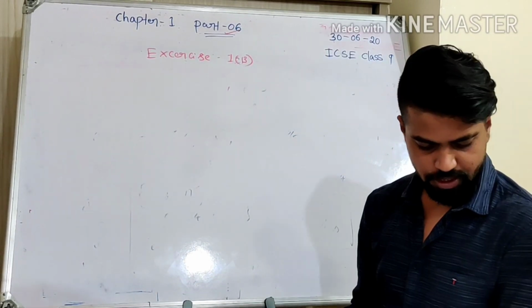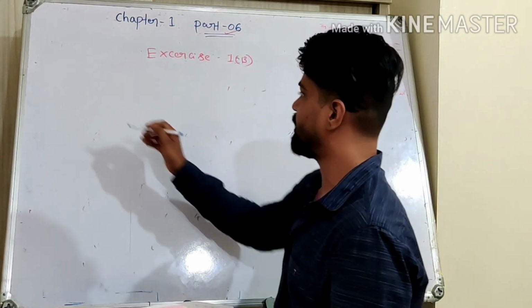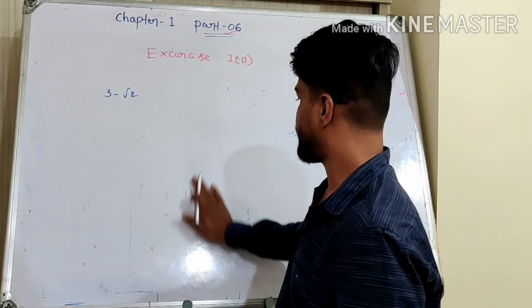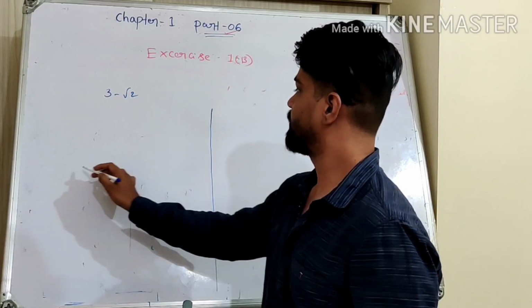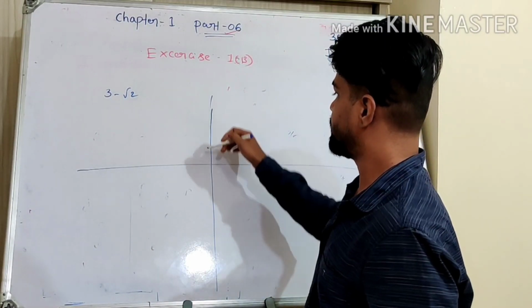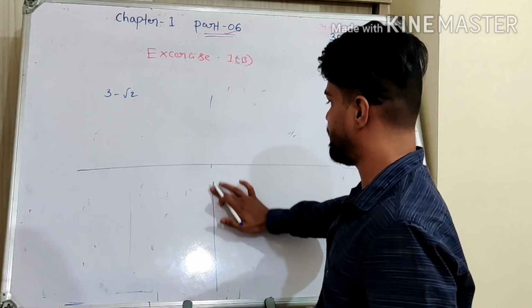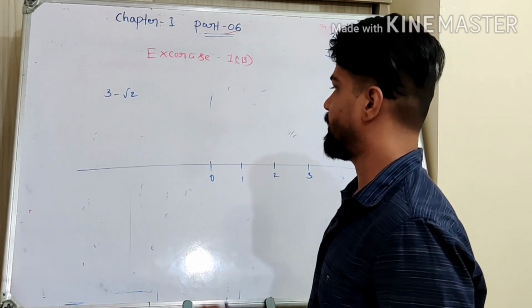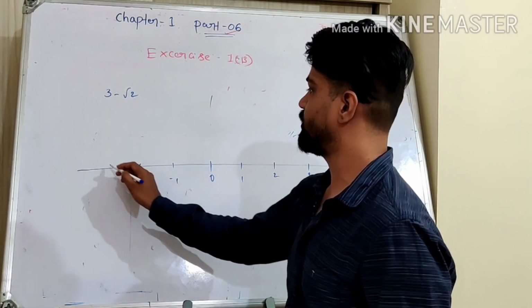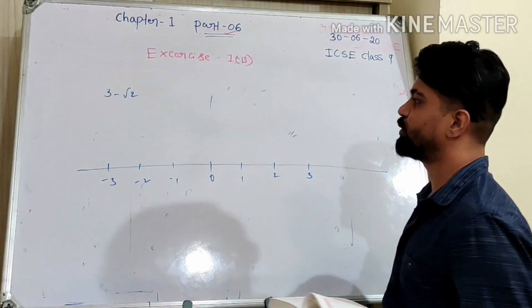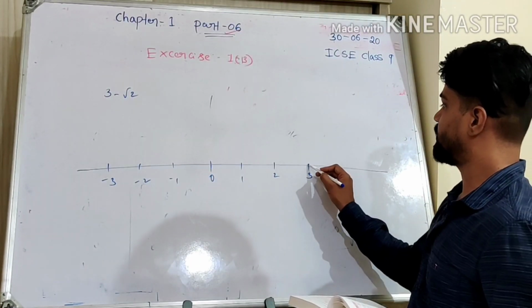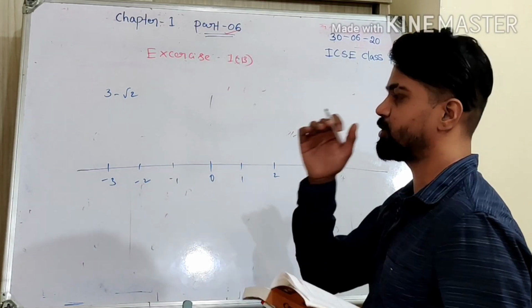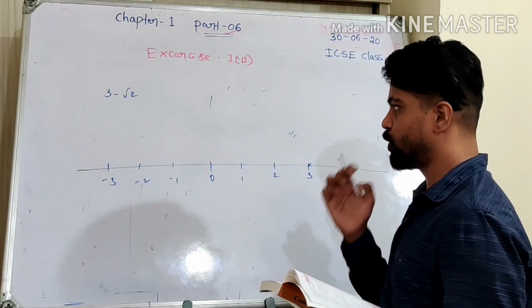Still, you might have one doubt in question number 5. That is how to represent 3 minus √2 on the number line. So I'll just explain that. This is the number line we have. This is origin, 1, 2, 3. Okay. So this side -1, -2, -3. So we need to subtract √2 from 3. So this is 3 here, but it will be less than that. That's very clear. So I need to go back by √2 this side. So how will you go back by √2?